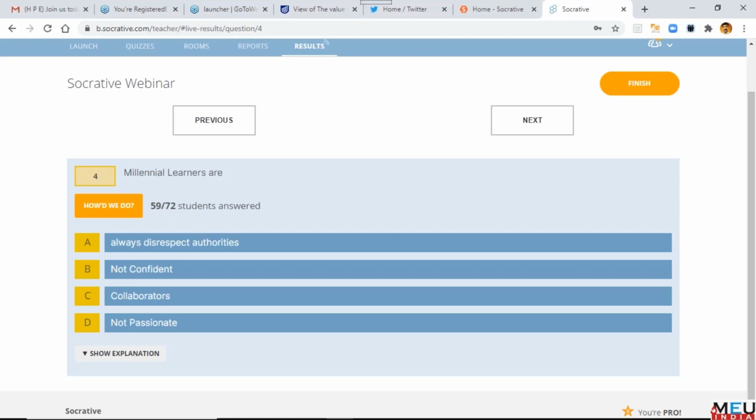Sometimes I use only a Socrative quiz to conduct the whole class. If the quiz is designed in such a way, every question we will be able to discuss and you will be able to meet the learning outcome by designing a Socrative in a proper way. Okay, so I'll go to the next question.